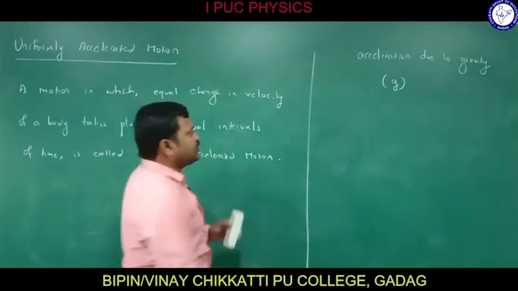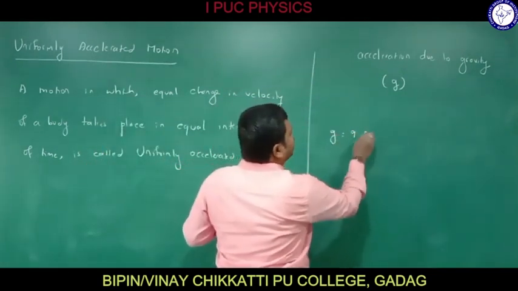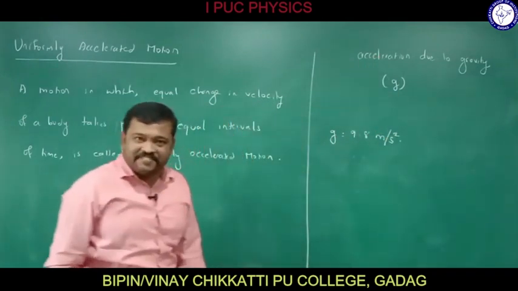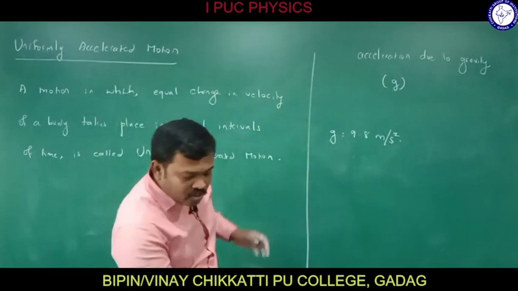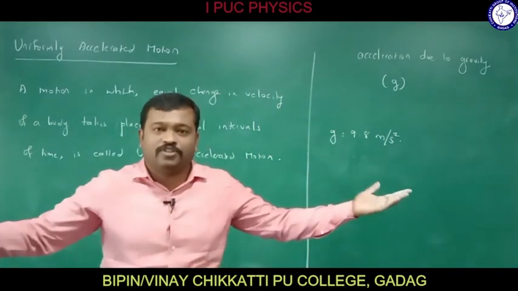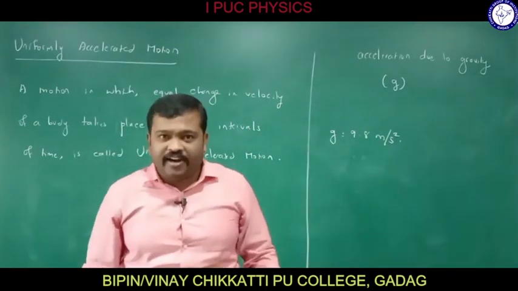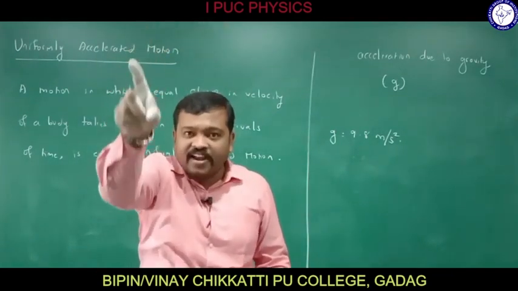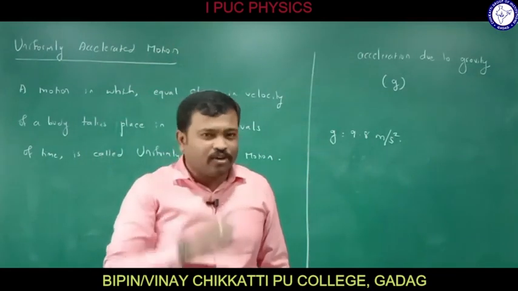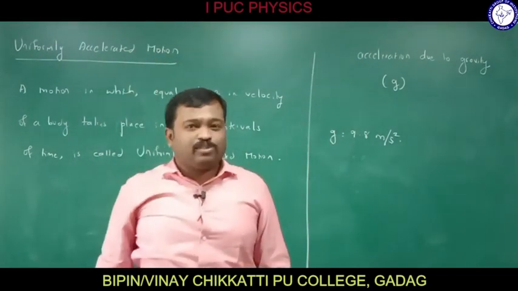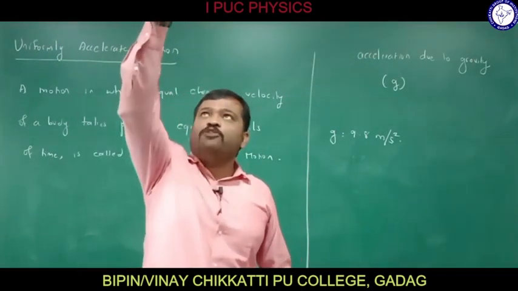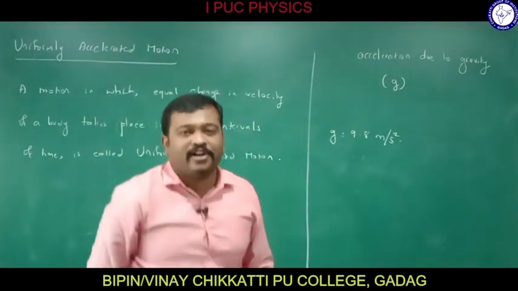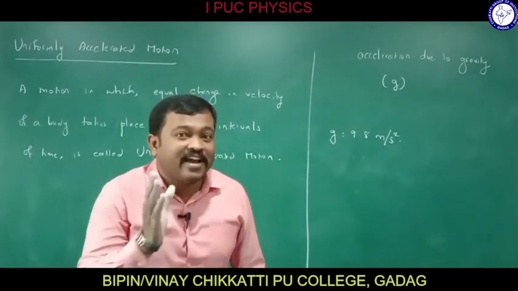You know what is the value of small letter g on the surface of the earth? That is 9.8 meter per second square. Means if I throw this duster, what is the acceleration of the duster? 9.8. You can throw any body here, right? If I throw this chalk also, it moves in such a way that it increases the velocity. Whenever you throw a substance from the top of the building, it will not move with uniform motion. It always moves with accelerated motion. So what is the acceleration of that? 9.8 meter per second